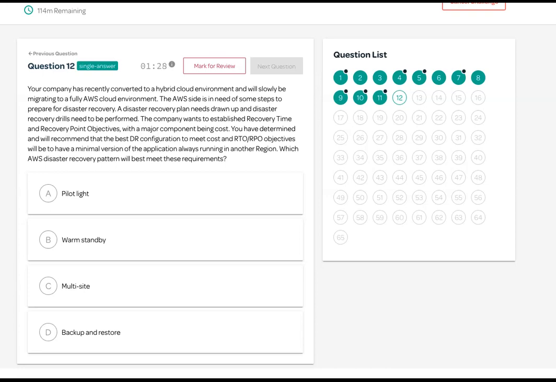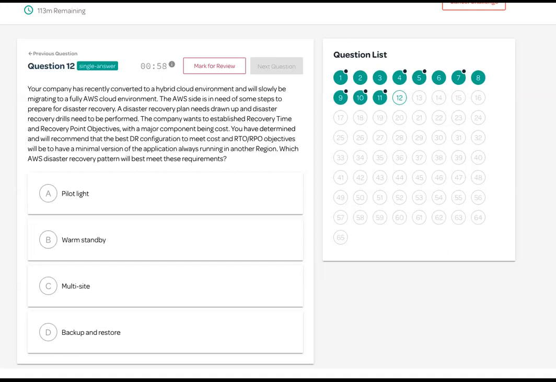You have determined and will recommend that the best disaster recovery config to meet cost and RTO RPO objectives will be to have a minimal version of the application always running in another region. Which AWS disaster recovery plan pattern will meet these requirements? Pilot light, warm standby,